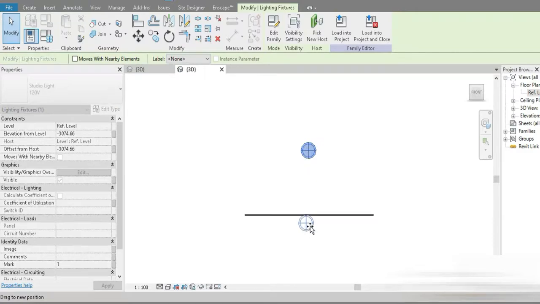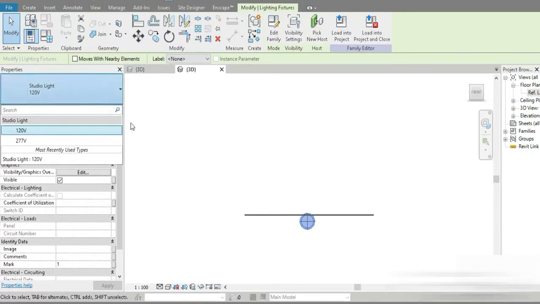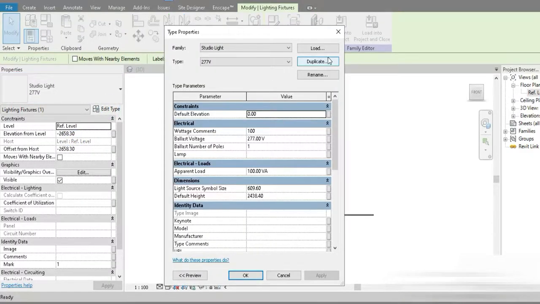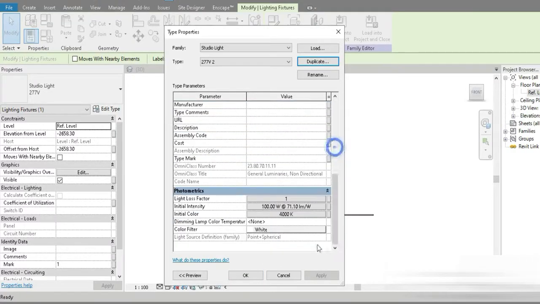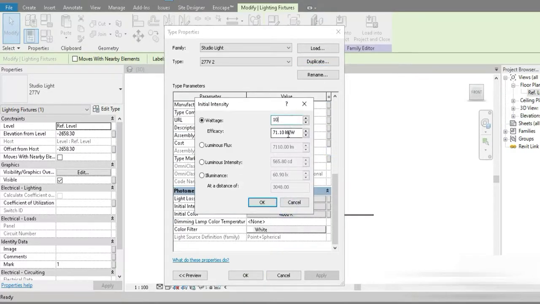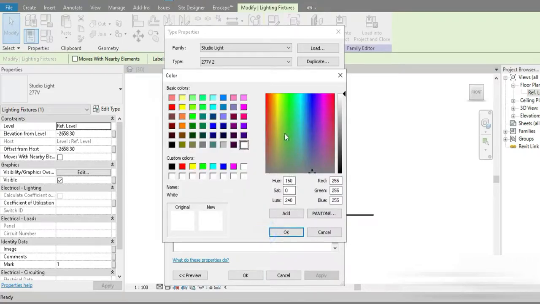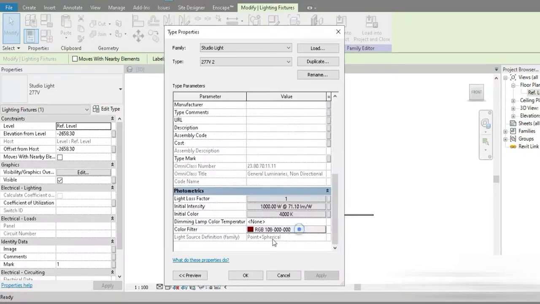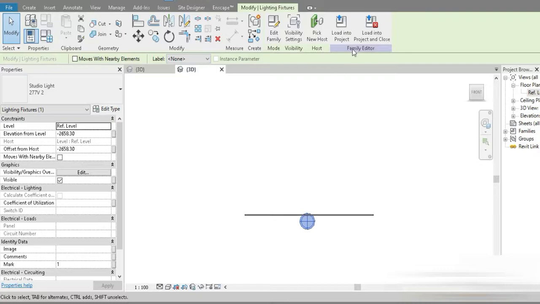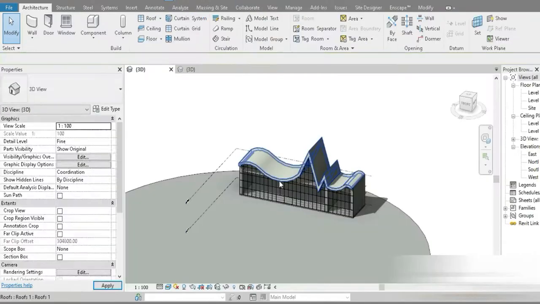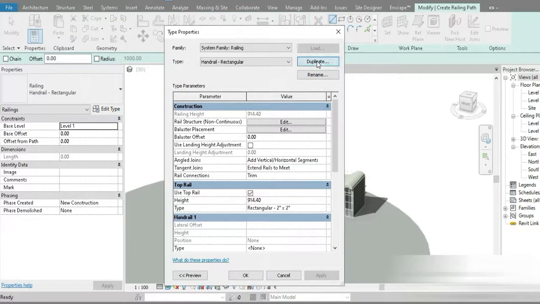If we put this a bit down, and we go to 207 right here, we go to edit, we go to duplicate, we press OK, we come right here, we set this to 1000, and we change this to what? To red. If you press OK, you guys must be wondering what am I doing. Well, check this out. So anyways, after that, we go to the railings, we go to edit, we go to duplicate, we press OK,